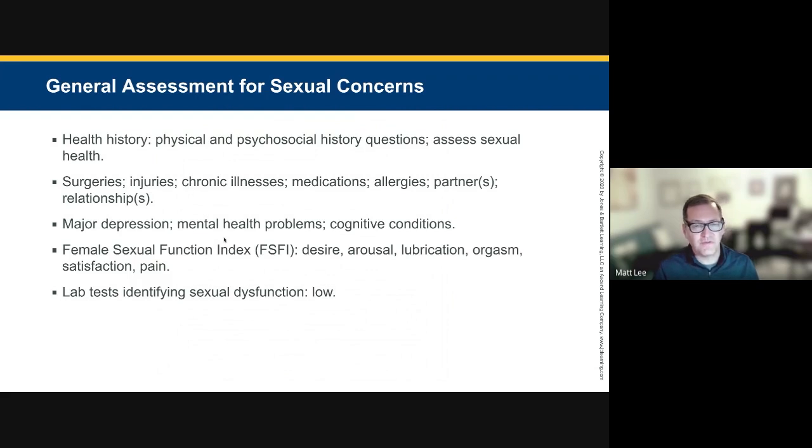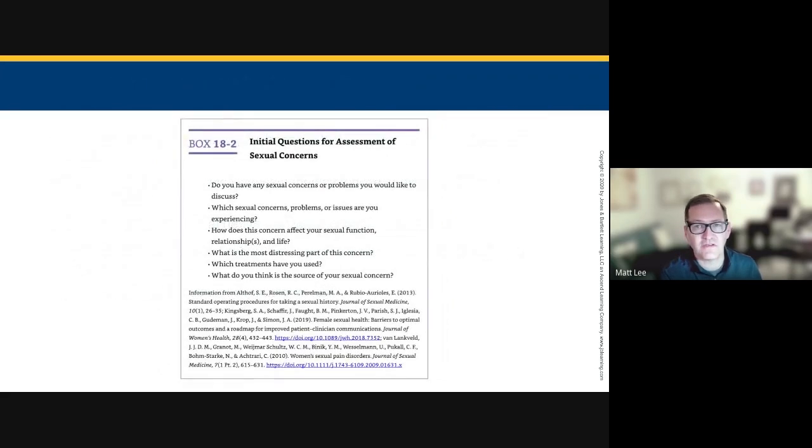There is a way to talk about, how do we ask? Do we say, how's your sex life? Are you happy? What do we ask? Here are some good open-ended questions to begin that conversation. Do you have any sexual concerns or problems you would like to discuss? Great open-ended question. It's not saying you do or you don't. And would you like to discuss them, knowing that you're open? And these are just concerns. You don't say, are you having sex problems? Well, it's not that bad. No, I just want to have a discussion. I want to ask some questions. That's why this first question is very nice.